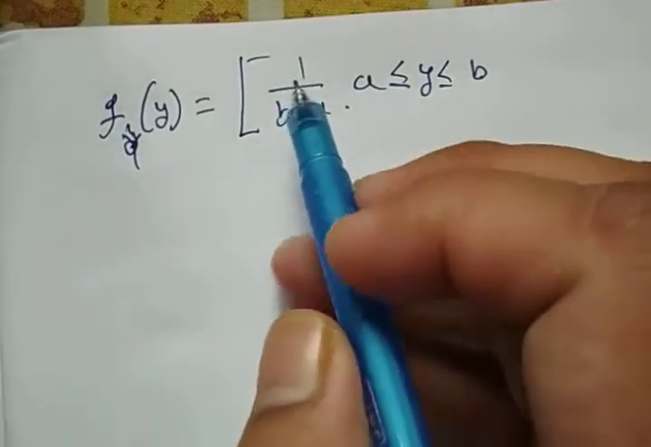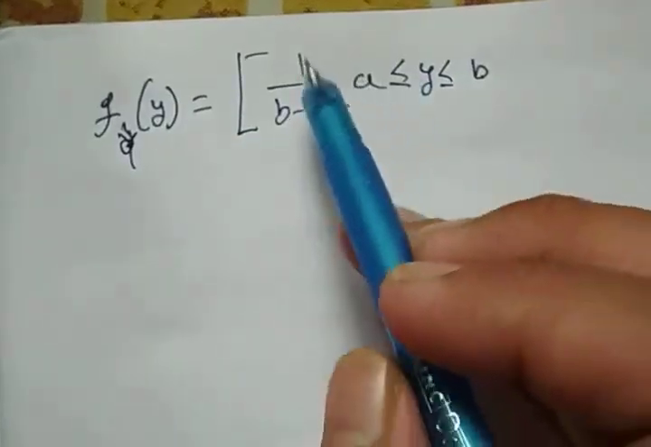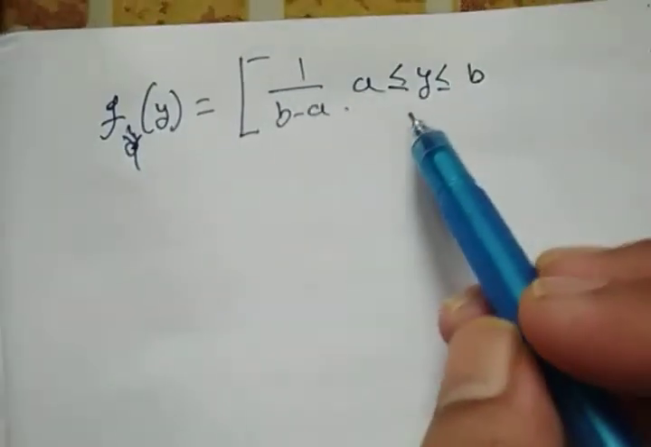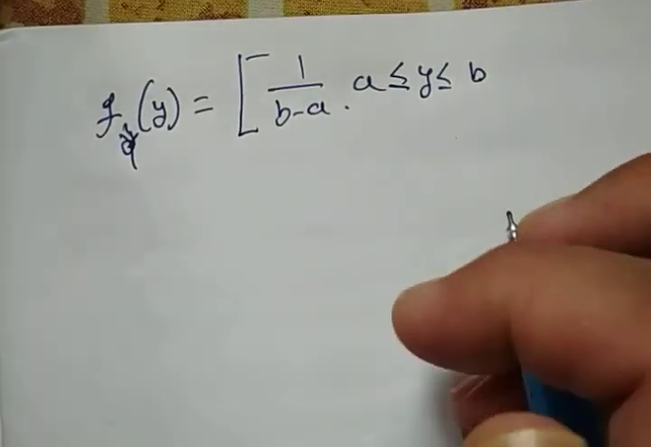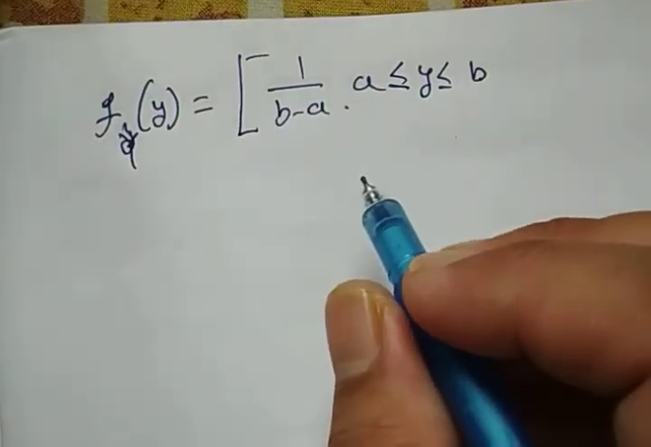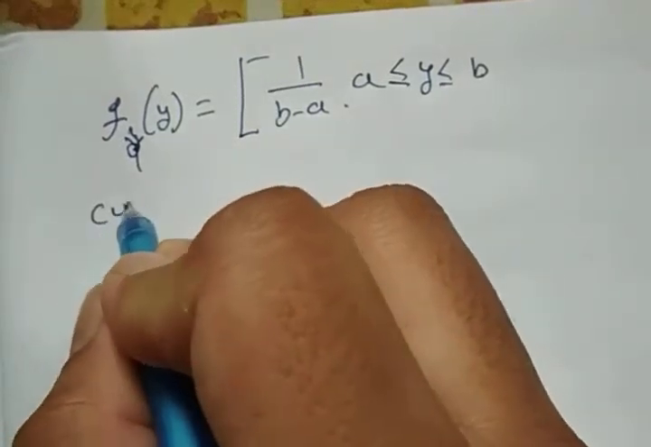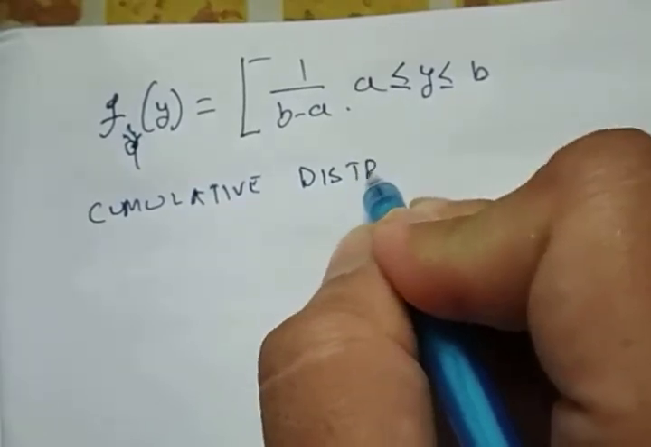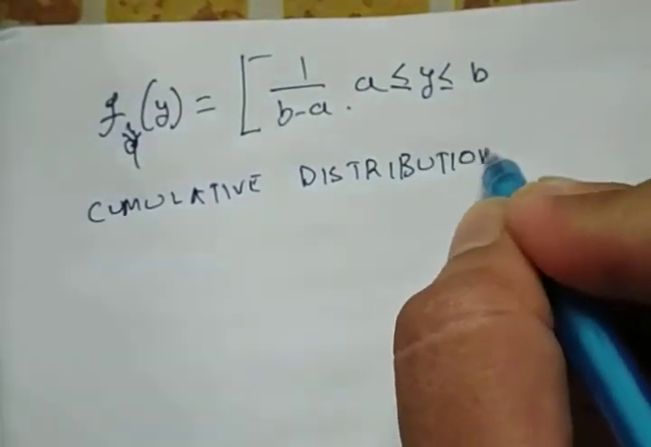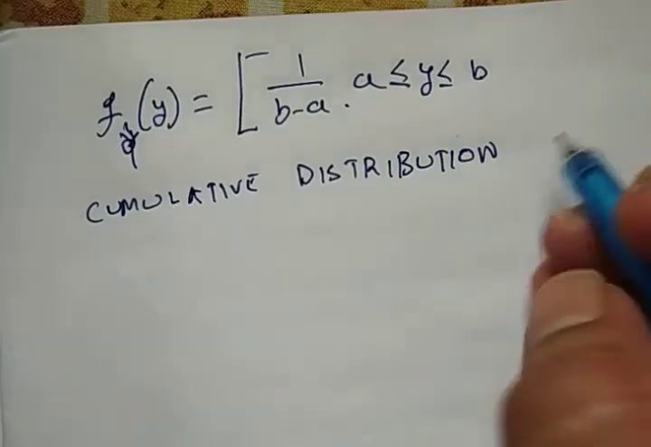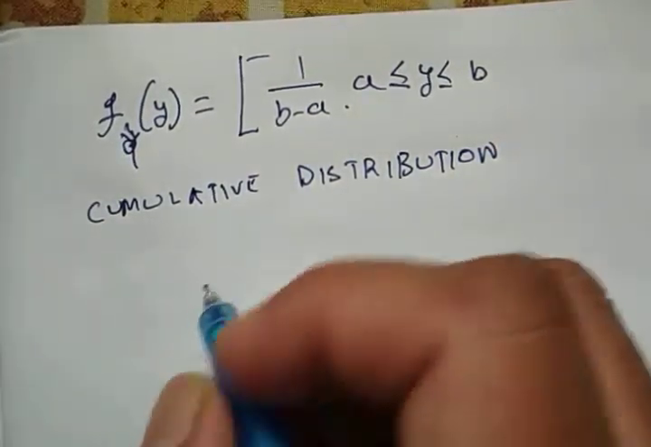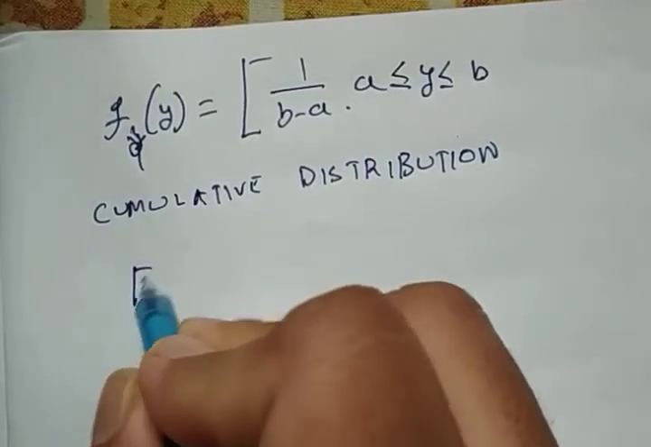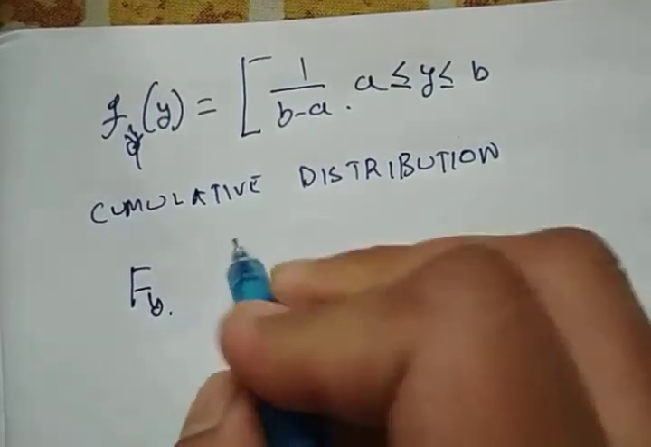This uniform distribution is given as 1 by b minus a, where the distribution of y ranges from a to b. Now the first step is we have to find out the cumulative distribution, the cumulative probability. So the cumulative probability at any point y, let me denote by phi of y, equals